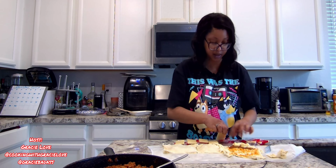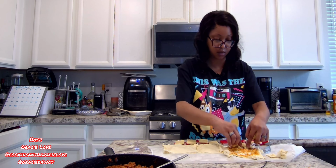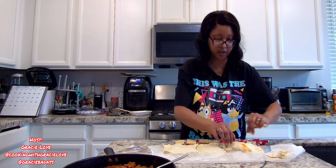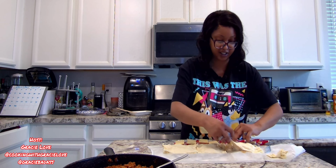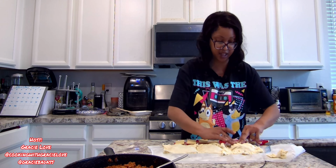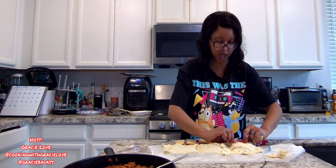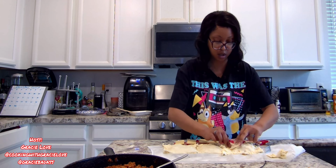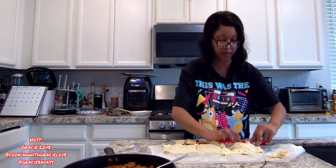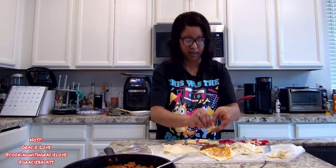Couple more. I love cheese. All right. Now, fold it over. My sides are still sealed, and I haven't done that side yet, so that's okay. And I'm going to fold mine just a little bit because my dough is falling apart. There we go. Okay, and I'm going to just open these ones up as well and add some cheese to